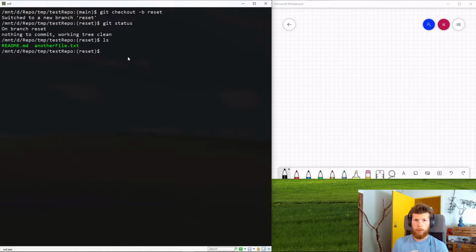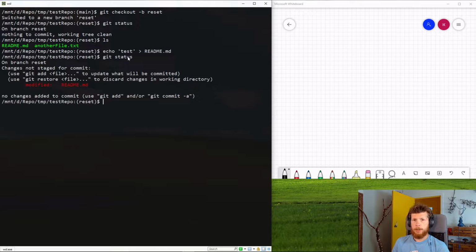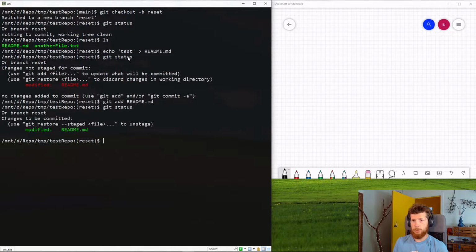So we usually work with just one file, readme. So let's modify the readme file. We just append the test, and if we look at the git status, we can see that the file has been modified. So if we add this file and make a commit, git status again, so it's staged, right? If we do the commit and say undo this commit,